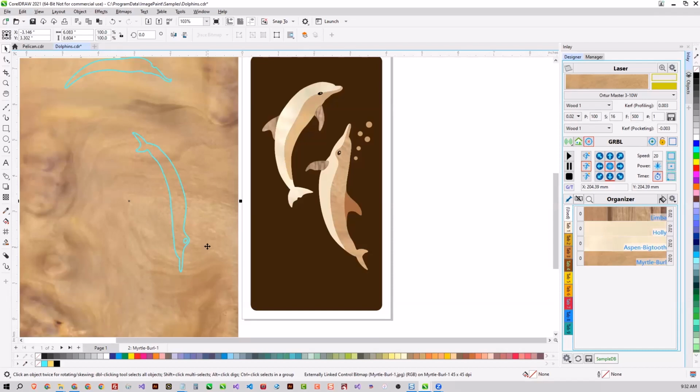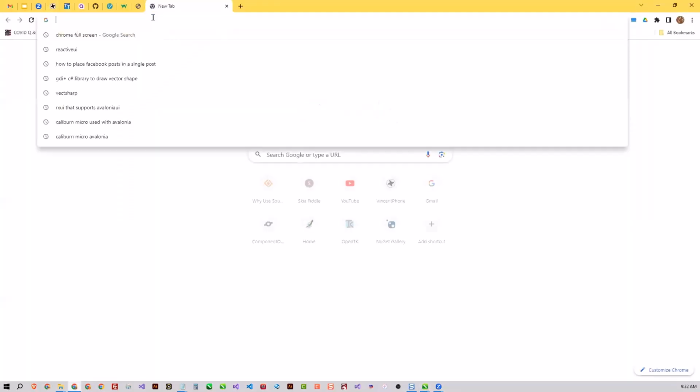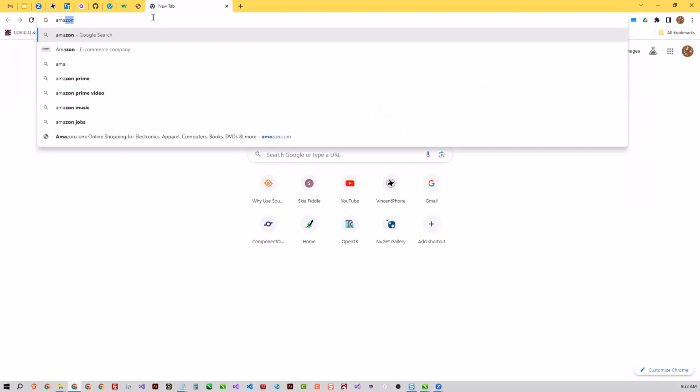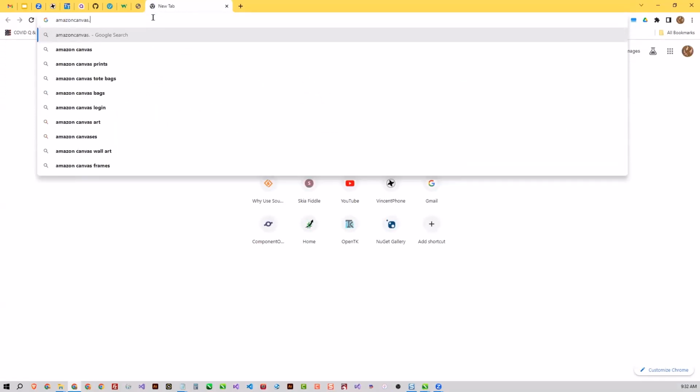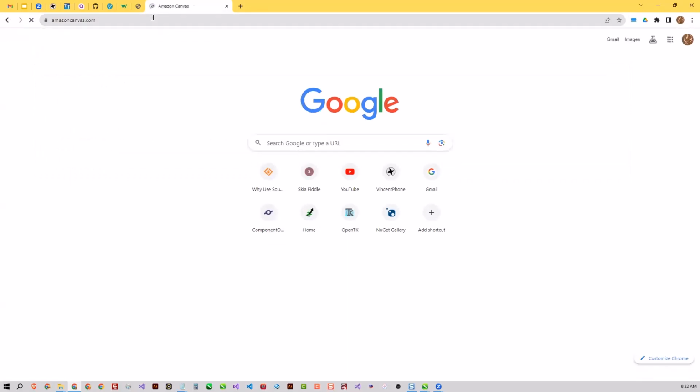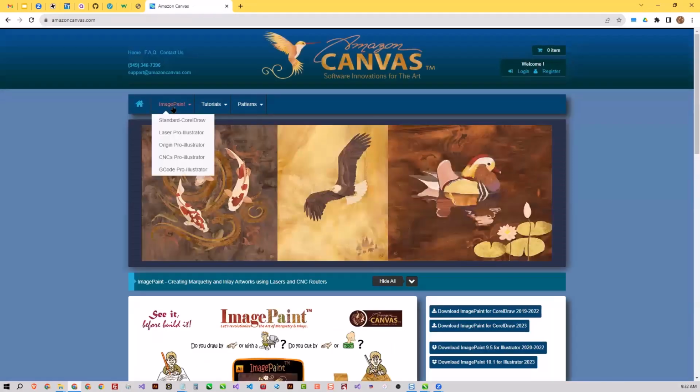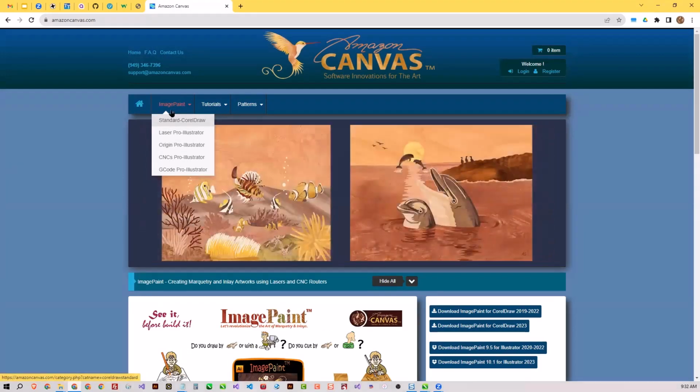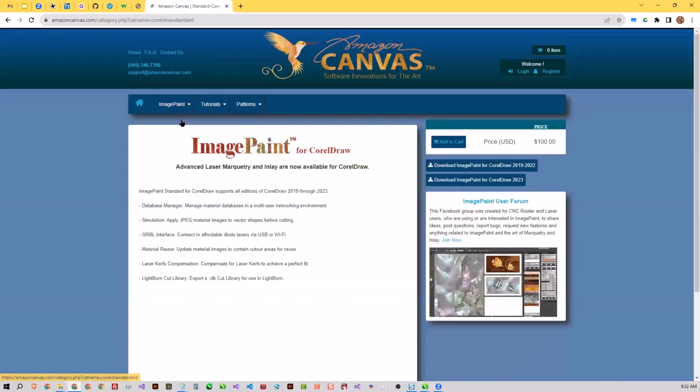So basically, I do the same thing. I go to the Amazon website and download the software, and then I can purchase it afterwards. As long as you mean Amazon Canvas and not Amazon.com. I know. I don't think Amazon.com has it yet, but they will. No, no, I don't think so. CorelDRAW, that's a good place to get it. So if you go to Amazon Canvas and select Image Paint Standard for CorelDRAW,